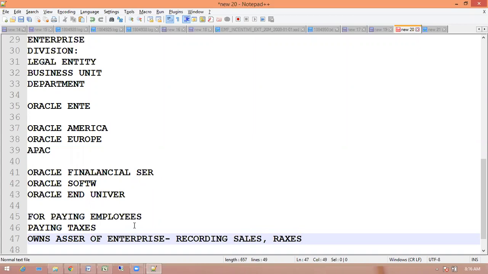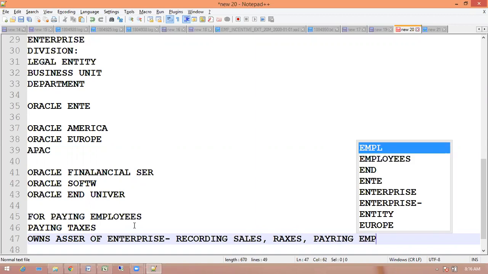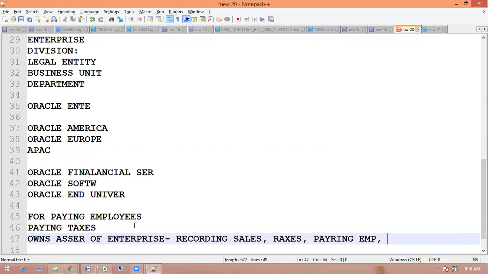And this organization should be responsible for paying employees and expense related. You understood?